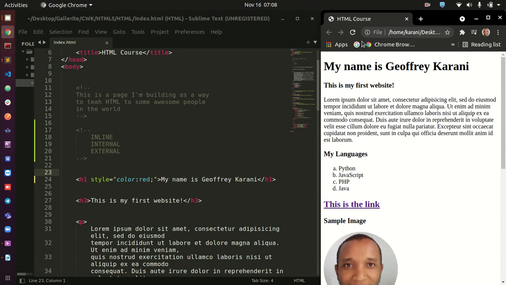Now if you come to this page and you refresh, you see that the color of this text has changed to red. And by the way, I have split my screen here so that we are able to see the code that we are writing, as well as see the results on this other side without having to switch windows a lot here. So this is what is referred to as inline CSS, and this is not a very great way of implementing CSS.